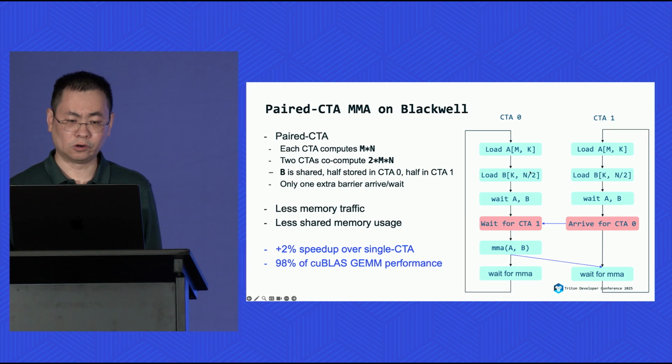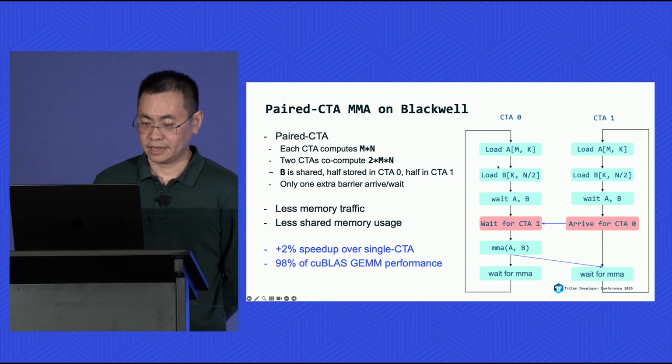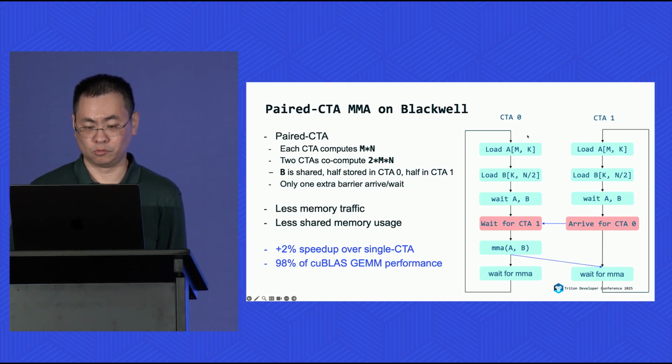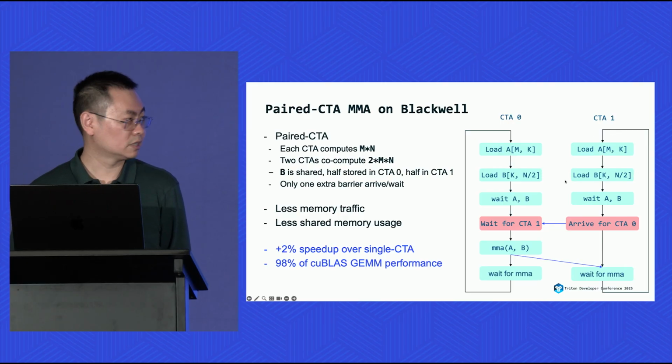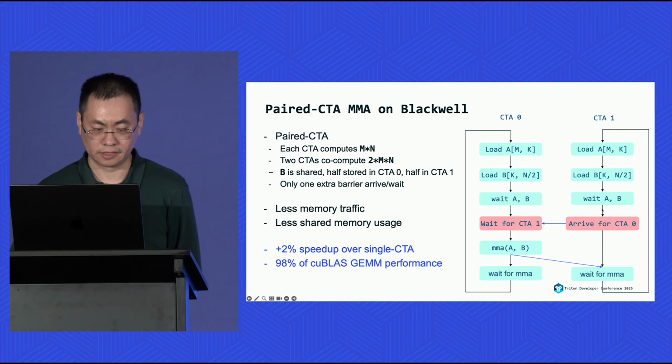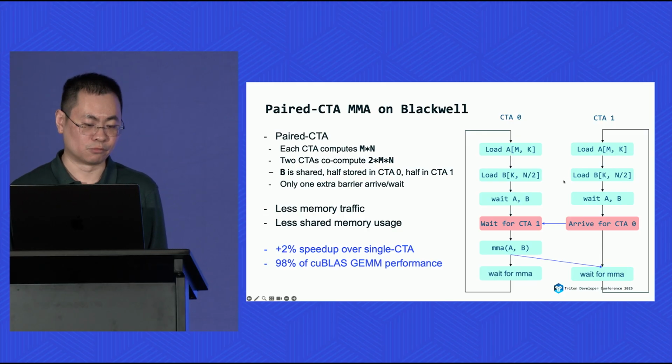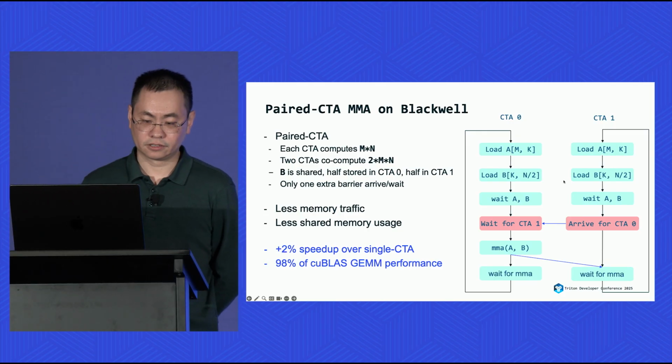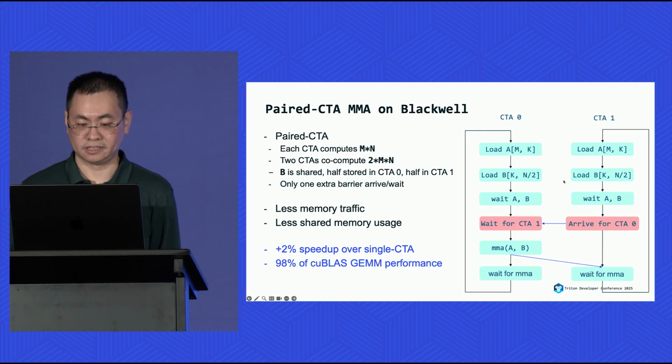So one CTA only owns half of the B, and the other half of B is stored in the other CTA. So they co-load the same B and share with each other. And this reduces memory traffic literally. And it also reduces shared memory usage, as each CTA only needs to allocate half of the B size,